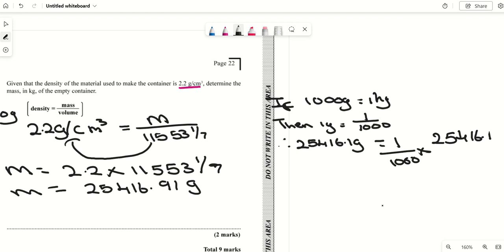So divided by 1,000, you're going to get